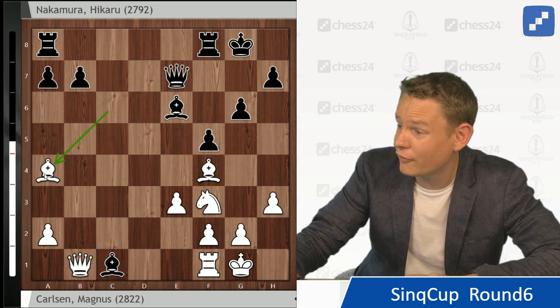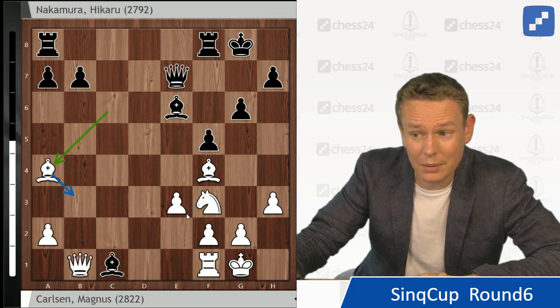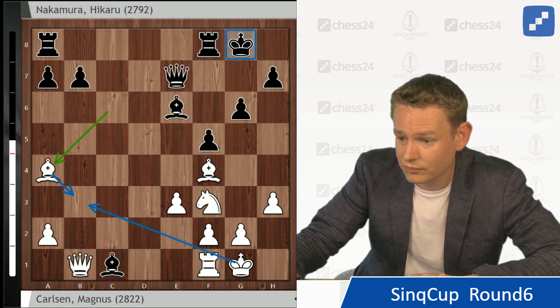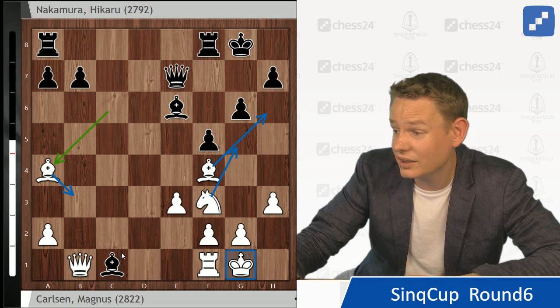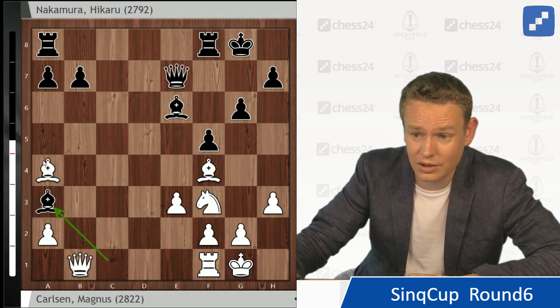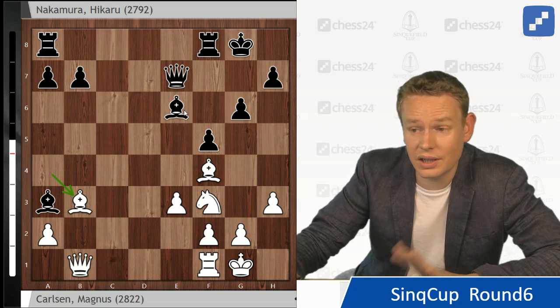Just bishop back to a4, saying, you know what, I'll be a whole exchange down, but my pieces are better than your pieces. My king is better than your king. Oops. My arrows are worse than your arrows. So bishop to b3 is coming, knight to g5 is looming, bishop to h6. It's a surprisingly unpleasant position for black, which I'm not gonna analyze forever, but just to give you a sample